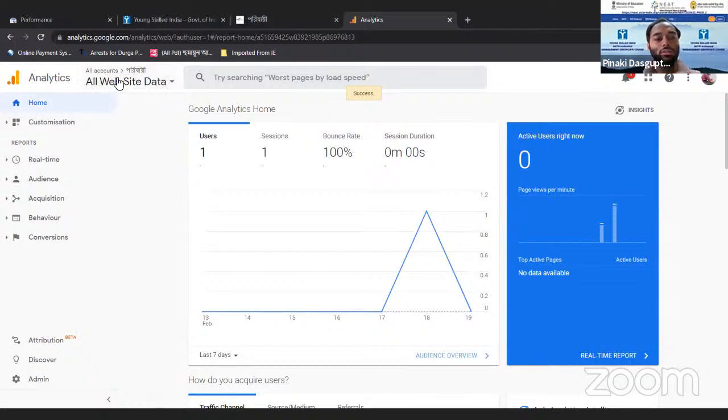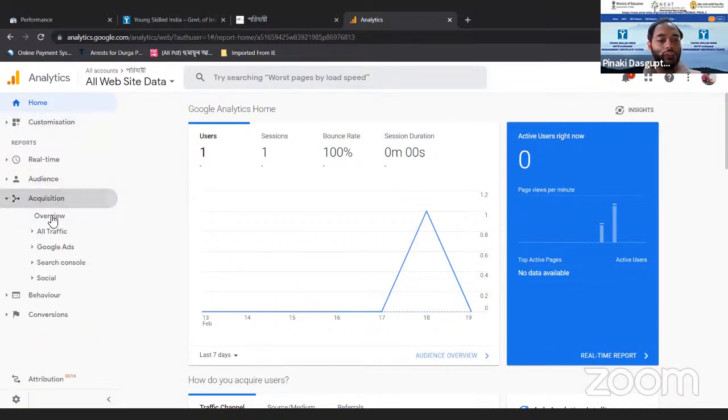So see, this is the same website, and this is the dashboard of Google Analytics. Now I am going to this acquisition.